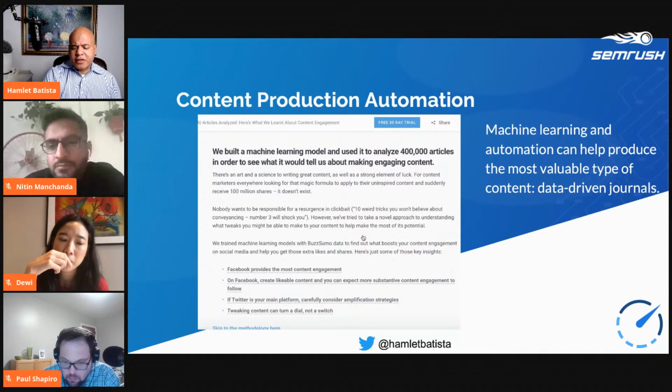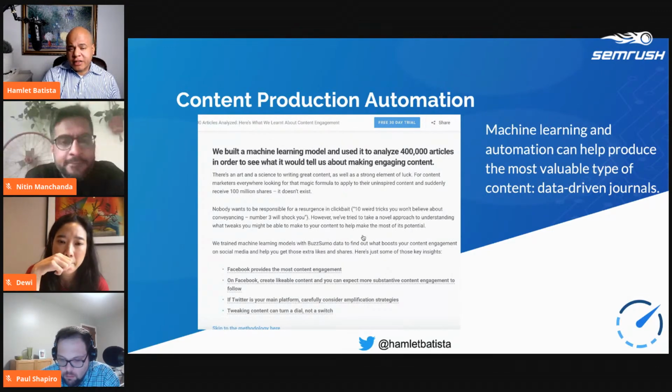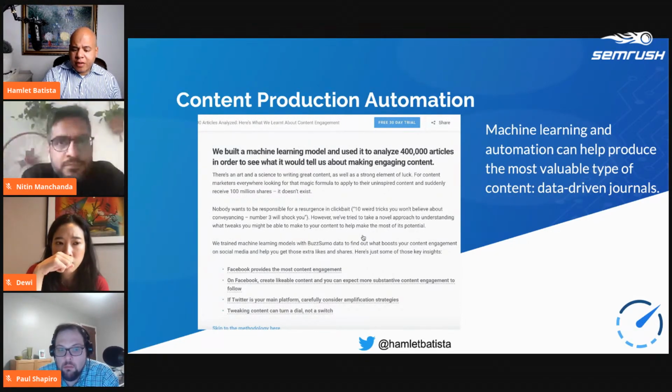And the title should be content promotion automation. So here is content promotion, right? One way that you can promote your content is with data journalism. So when you produce